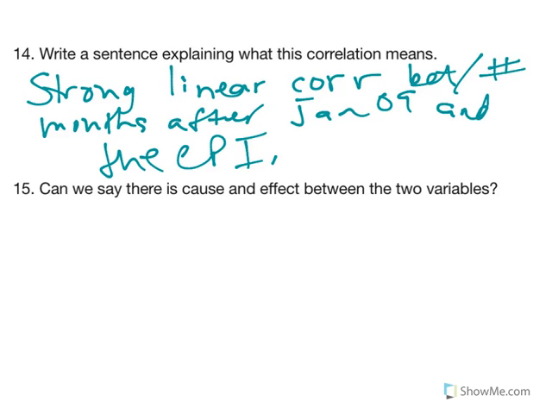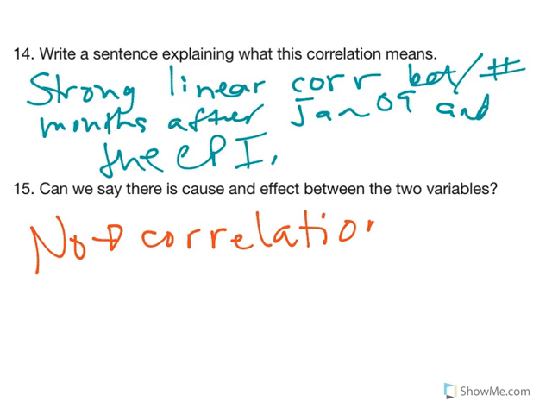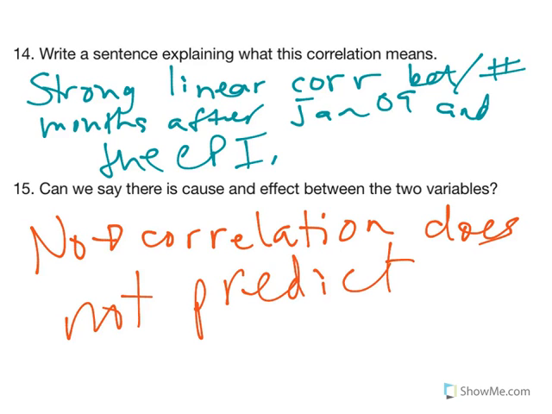That's what it means. Now in number 15, does that mean we can say there's a cause and effect? Does the number of months after 2009 affect the CPI? And the answer to that is almost always going to be no. Correlation does not predict causation. And that's something you want to make sure you really pay attention to. Just because two things are linear and positive, they're correlated, they have a positive correlation, that doesn't mean that one predicts